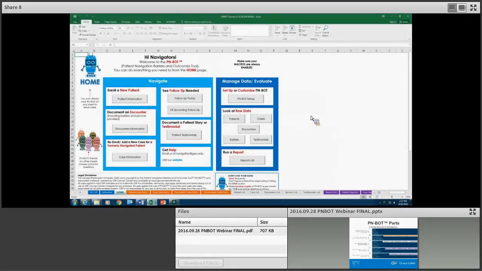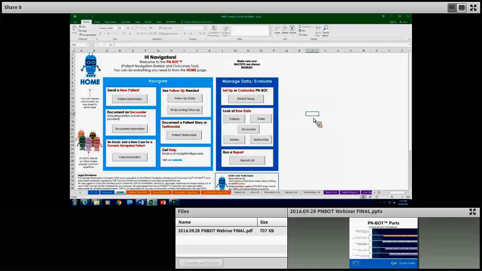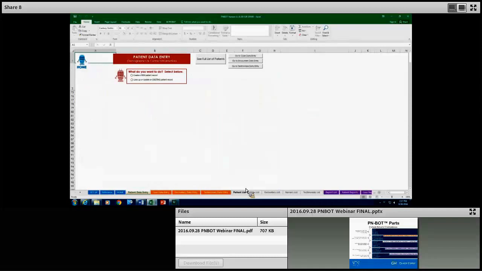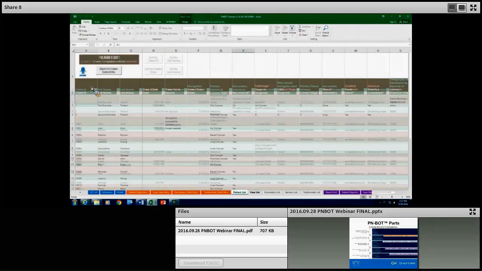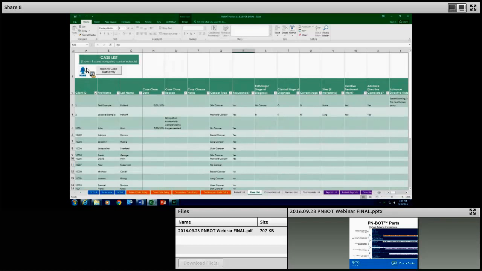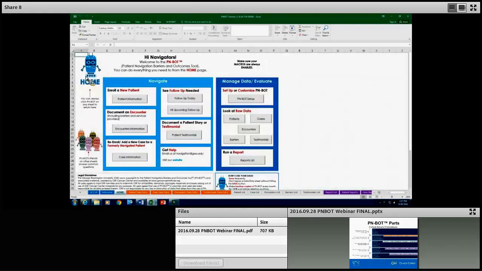Okay, so this is my home screen, and this is what PNBot looks like the first time I open it. This is my control panel, so from here I can navigate to whatever task I need. So I'm going to click on a random button here. I just want to note that in each of the different sheets, no matter where you are, you'll usually see a little PNBot icon over here that says Home that you can always click on if you get lost, and